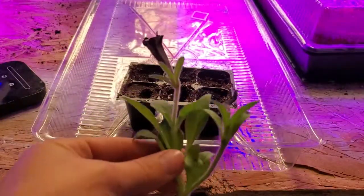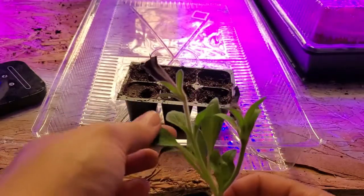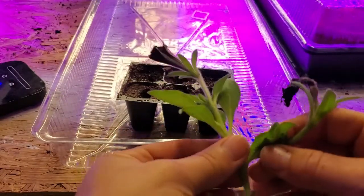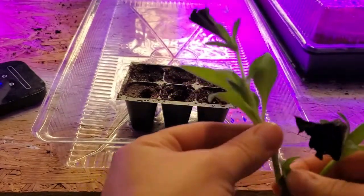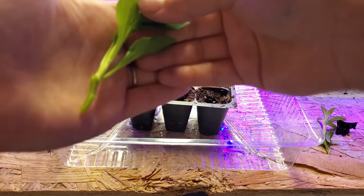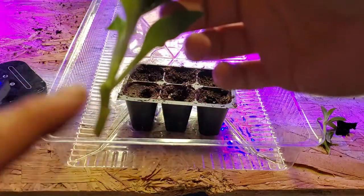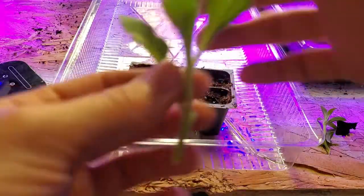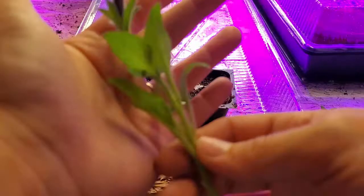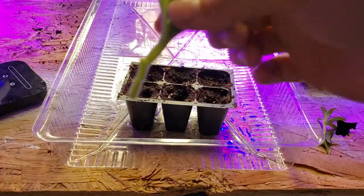You want to take your cutting, and I wanted to mention that you want to get a cutting with some leaves still left after you pull off the bottom stems. So you want to pull off the bottom stems. Okay, so we want to create a small wound, and then this will help promote root growth from that area. But you want to have some leaves because the plant needs to be able to produce energy to be able to produce roots. So now that we have our stem ready,